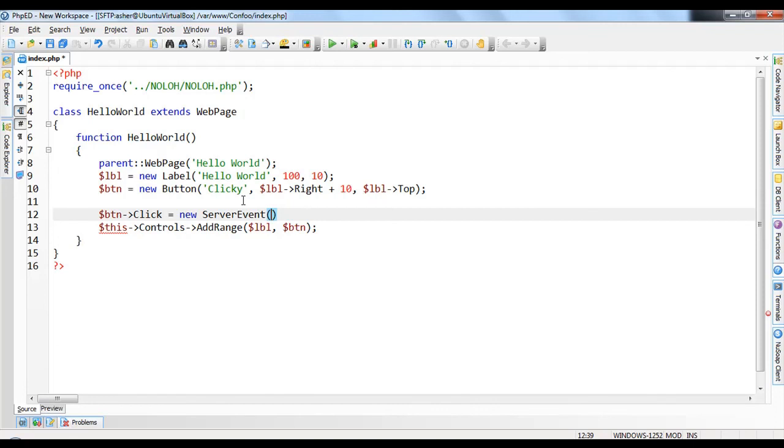ServerEvent takes in the object whose functions you wish to call. If it's a class, you pass in a string. If it's global, you can do null. So here you normally call this. So this is this object, and then we're going to call some function. So we're going to call SomeFunc. Note that there's no SomeFunc here. So we're just going to write